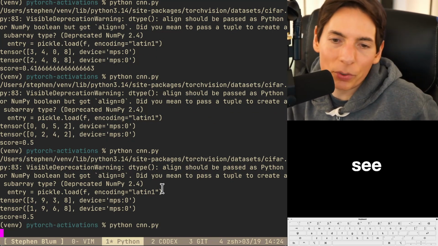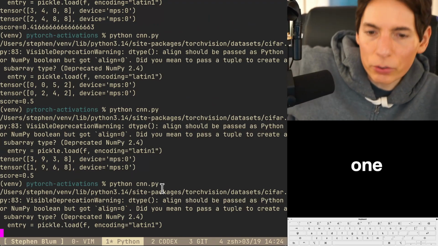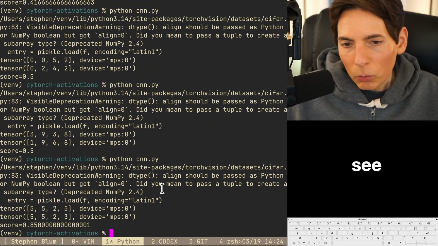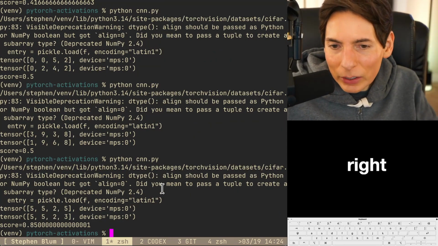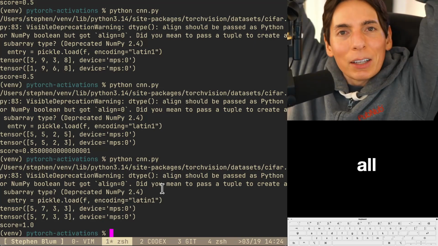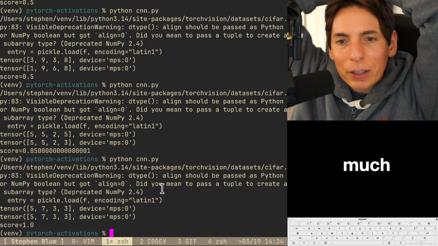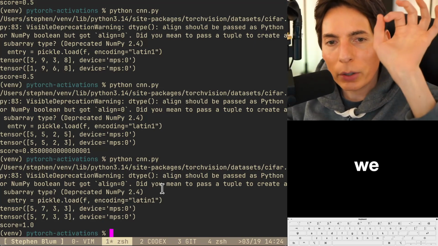I want to see 100%. Let's see if we can get one that shows 100. Run for 185. All right. Getting close. 100 right there. All right. Hey, we did it, you guys. Thank you so much for joining. It was a lot of fun today. We enjoyed building our convolutional